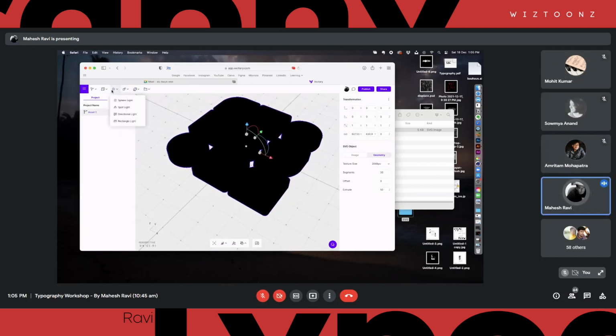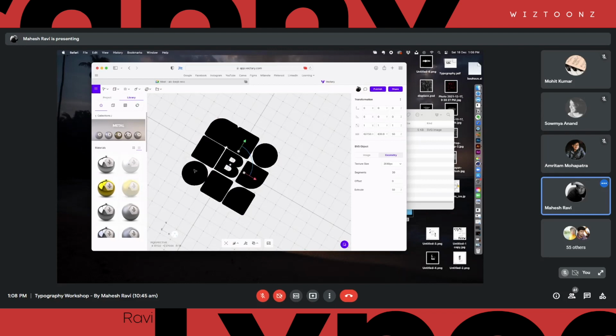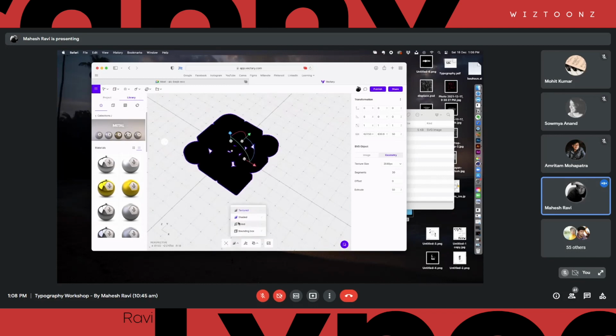So now if you go to maybe materials, I don't know where the whole stuff is, but it's pretty easy to figure out, right? And if you go to the shaded option, you can see that.